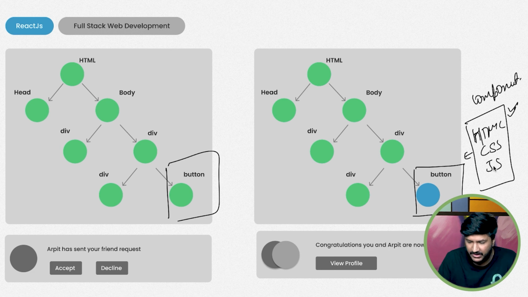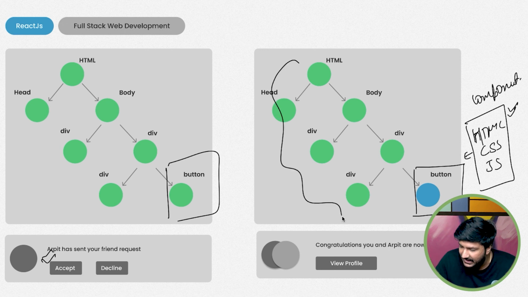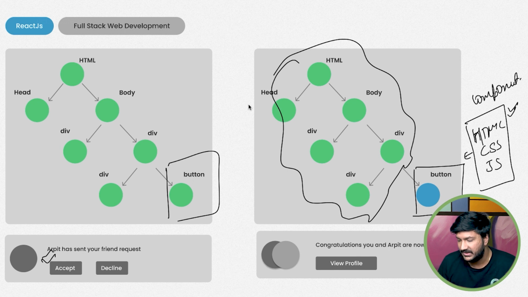So I'll give you an example here. Earlier, it said Arpit had sent you a friend request. Now, if you click accept, obviously some things need to change. Rather than refreshing the page and sending all the information all over again, everything else remains the same.